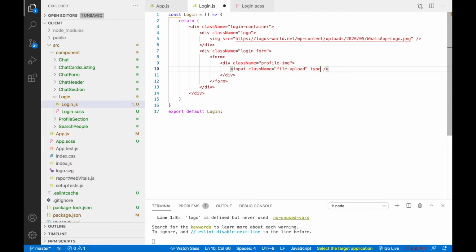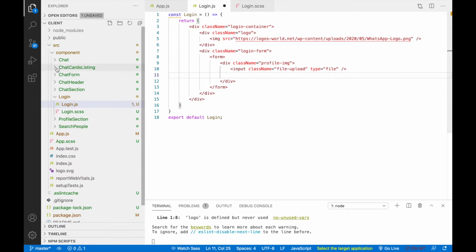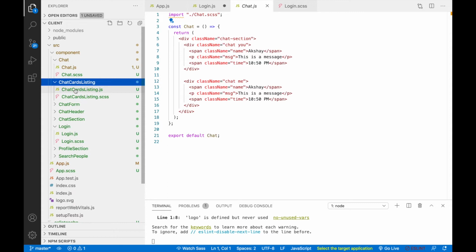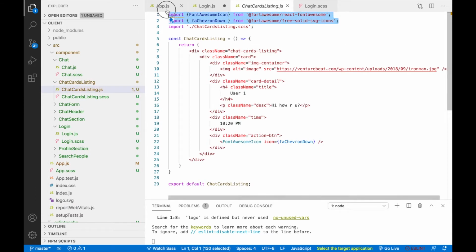And the type will be file. Okay, so after this input, here we have to call font awesome icon. So I will just copy those two import lines. So it will be here.